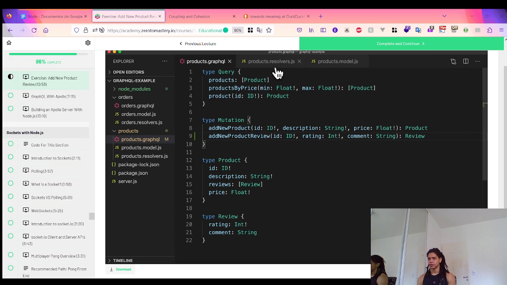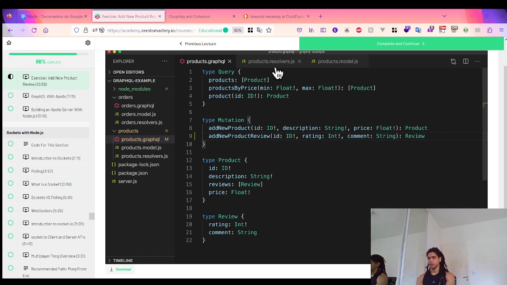And here we are. But to run this, we need to use this Node version and then run that. I'm not going to do that, right? Because I want us to define a product review. Again, what I'm doing here is just expanding the capability of this GraphQL server by adding a new